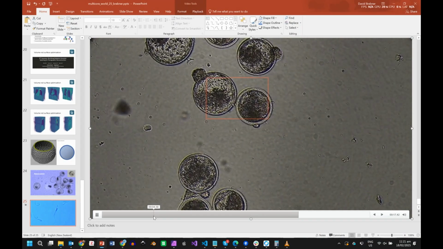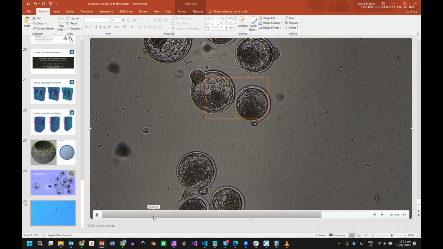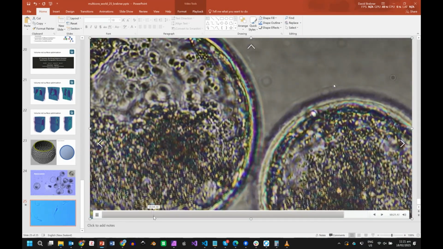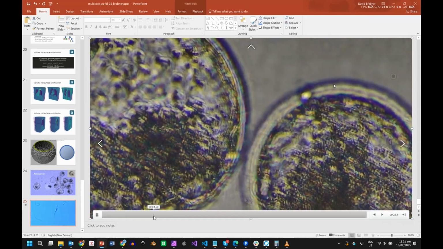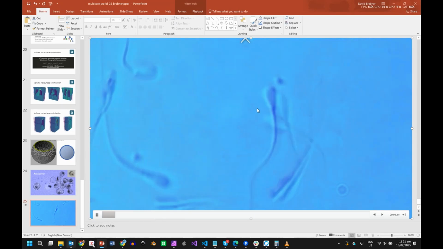Now this is interesting. This is showing the 3D reconstruction. So these eggs you can see appear to be rotating in space. Obviously they're not physically being rotated. That's due to the calculation from the light angles. And you can see the diffraction